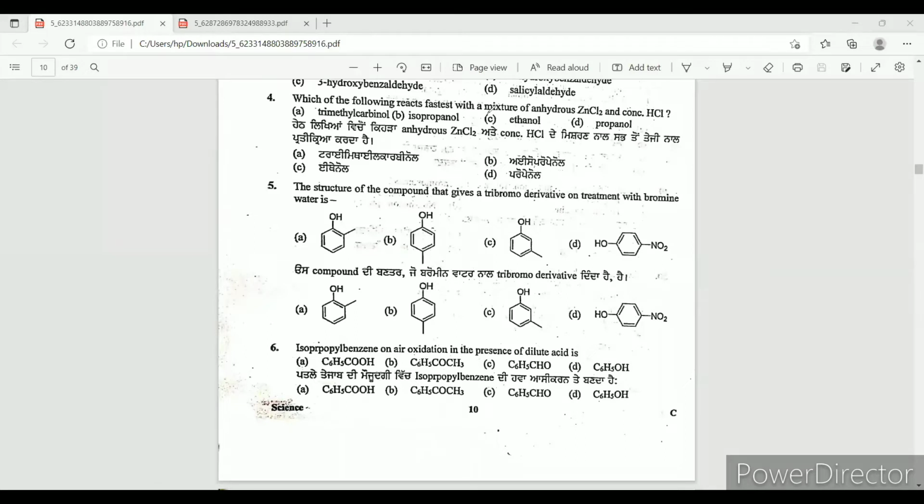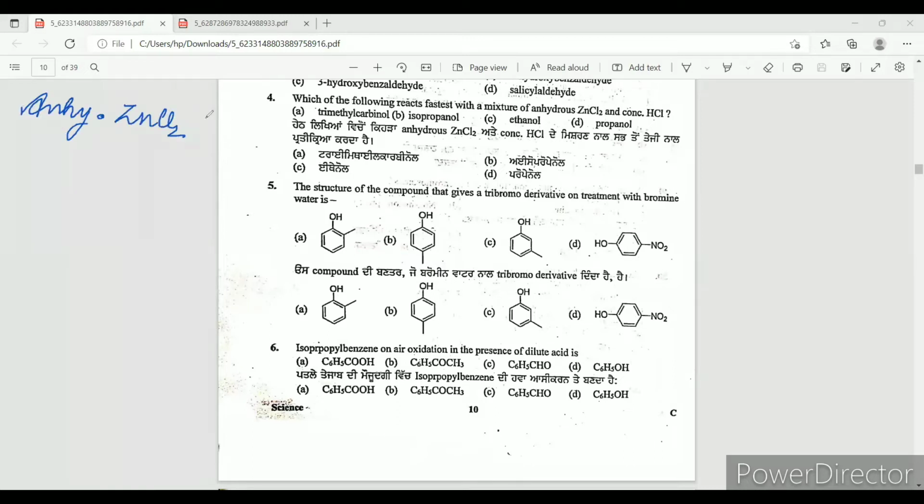So let's continue our discussion of the Master Cadre paper Science that was held in June 2021. We are done with 3 questions. Now we have to start the fourth one. The fourth one says, which of the following reacts fastest with a mixture of anhydrous zinc chloride and concentrated HCl? So write down